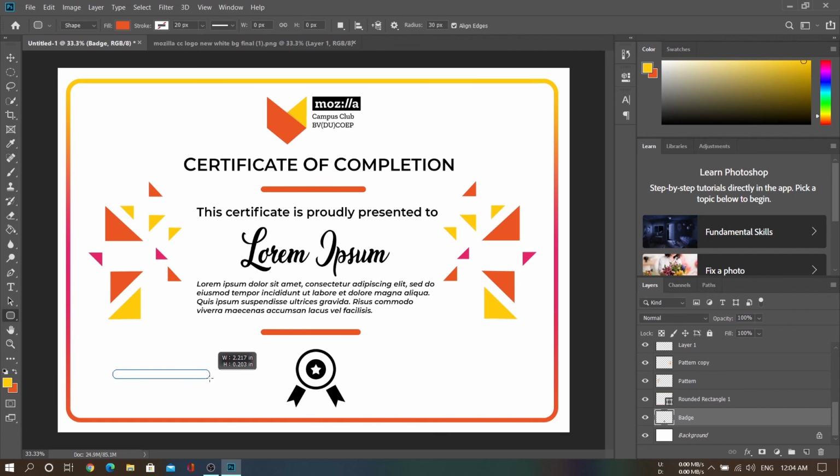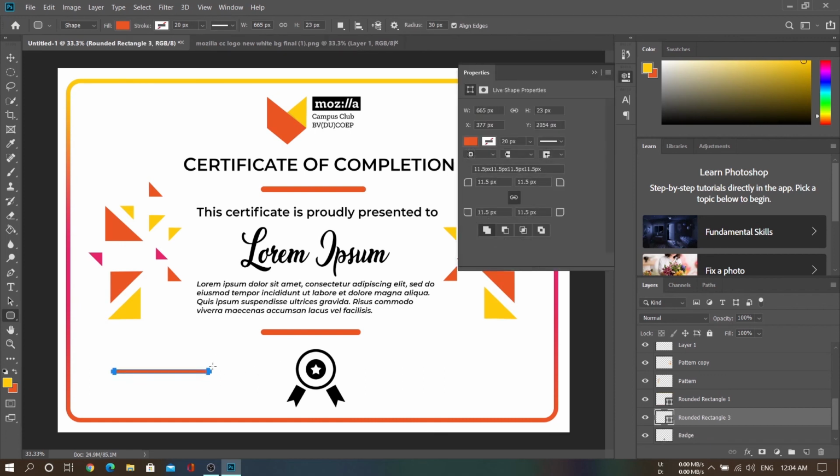Now we are going to add date and signature. We're just going to create a simple line here. Move it a little bit down. Create a copy of it by holding down Alt.